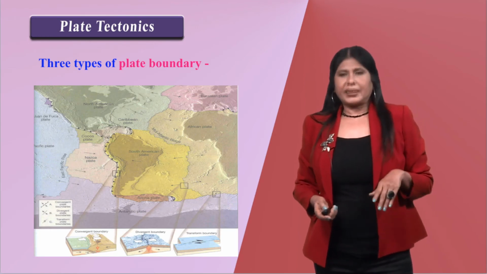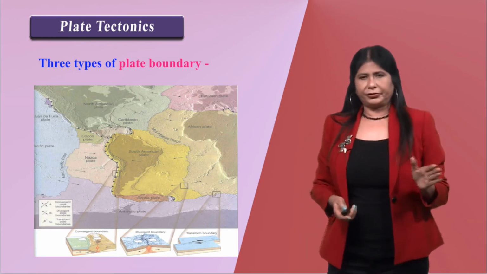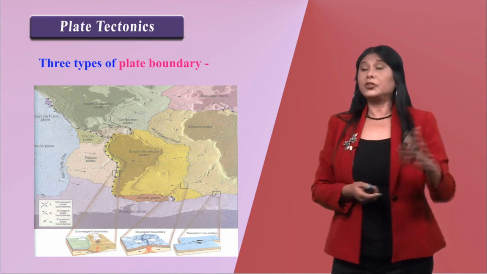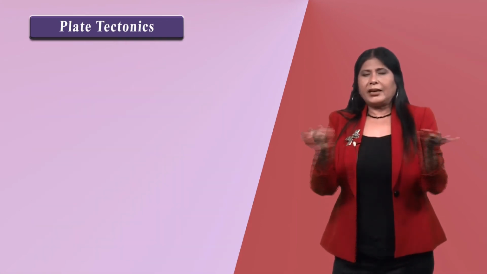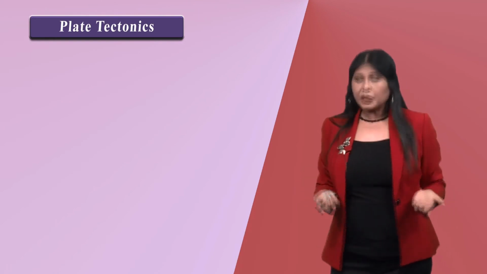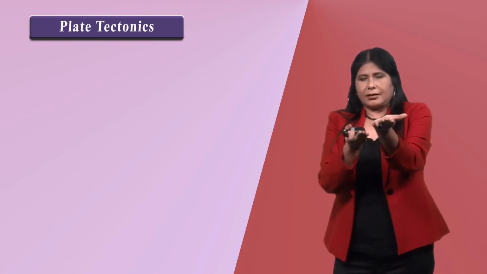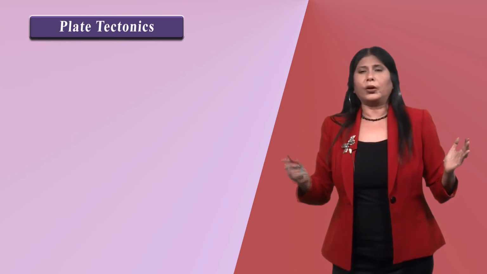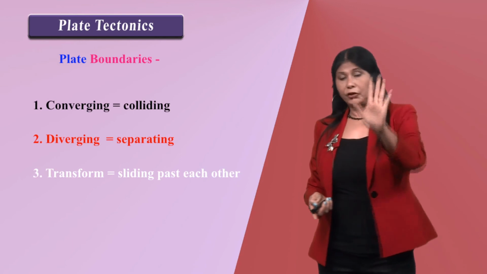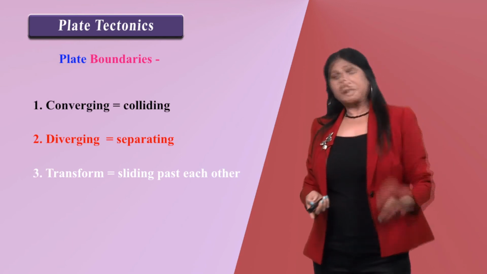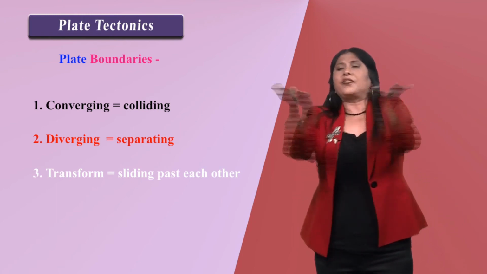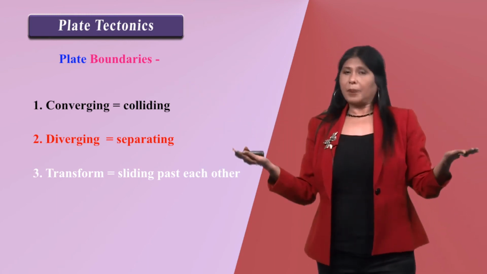I'll cite three examples. The best example of the subduction: Peru-Chile Trench or Japan Trench. Spreading is the central part of any ocean, but let us take Atlantic Ocean, and this is San Andreas Fault, or I'll show some pictures and it will become very, very clear to you. So, we have got three types of plate boundary: converging or colliding, that means subduction boundary; diverging or separating boundary;